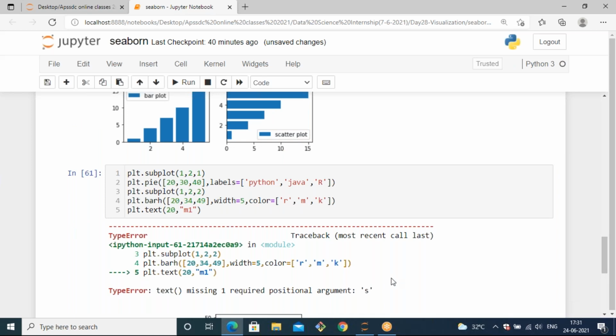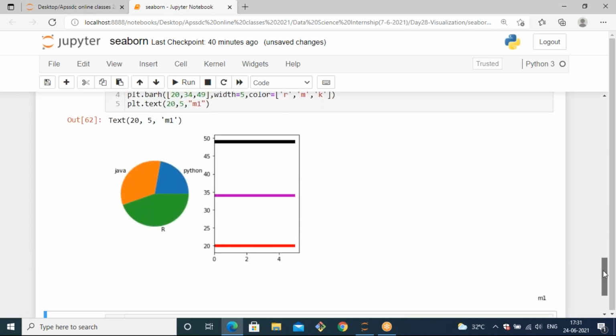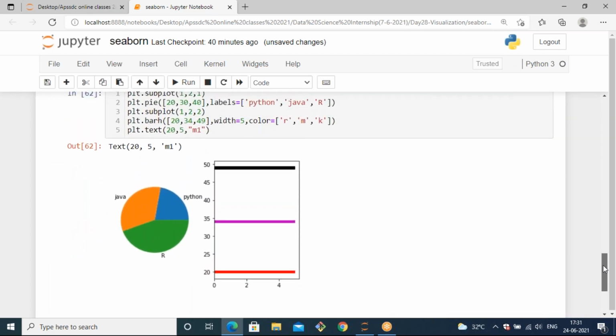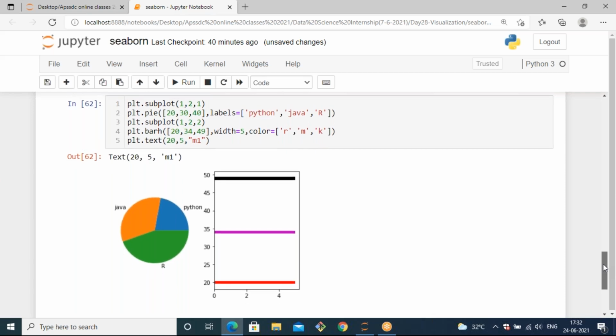Text is missing one required positional argument, so I have to specify the next parameter also. 20, and then times 5. So at that particular position it will generate the text m1, but I didn't get it. I pass 4.